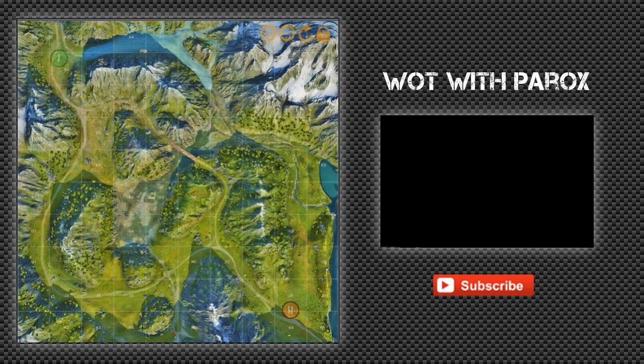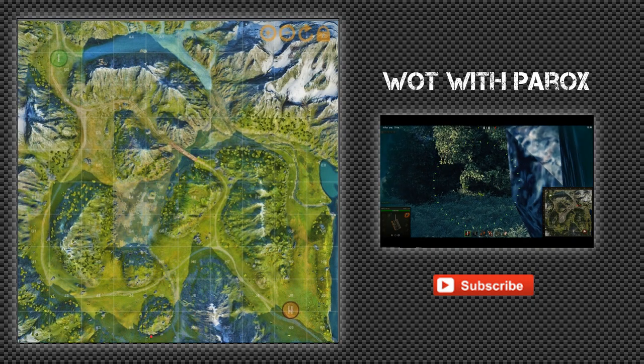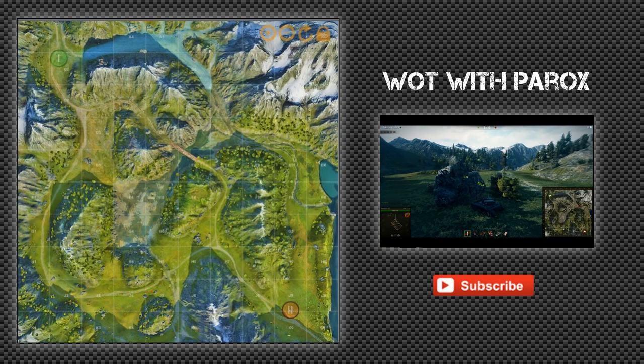And then what I like to do is either side scrape on one of these rocks or over here, or push all the way down here, and then I might be able to move up to these rocks, put some pressure on guys here or here. What you can also do